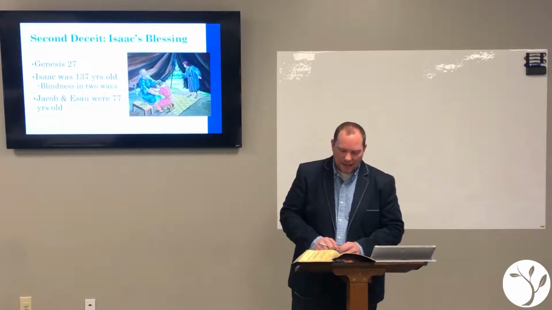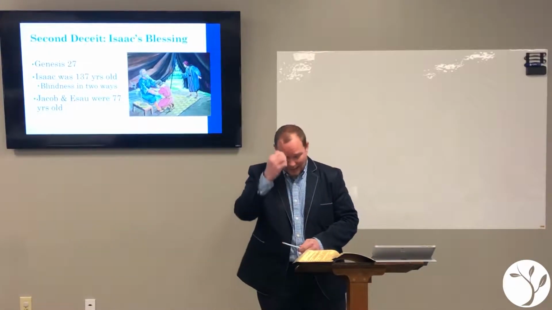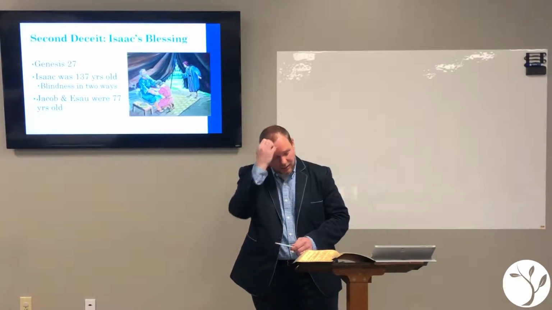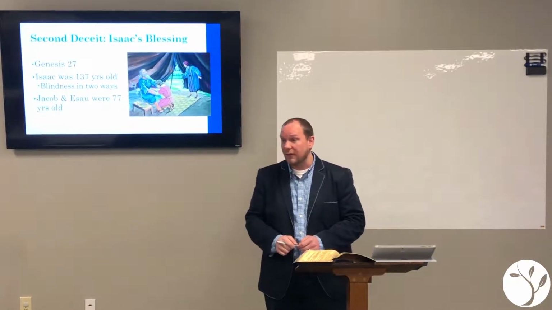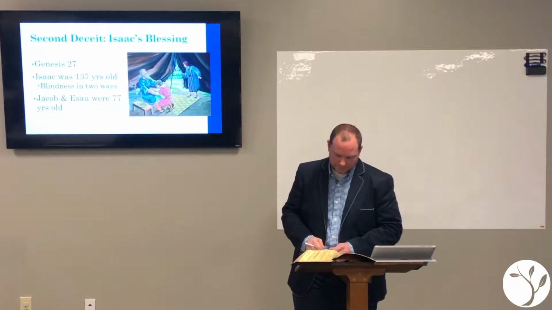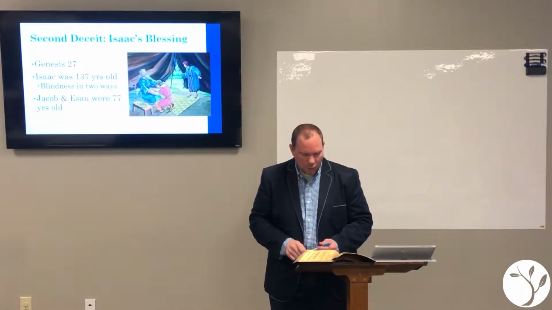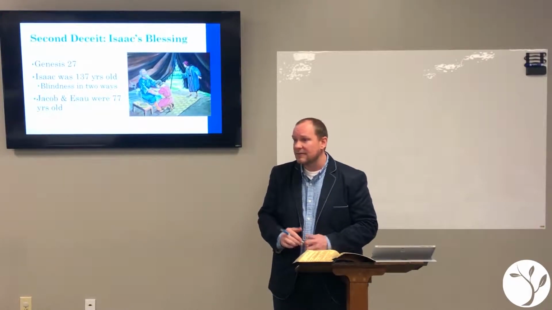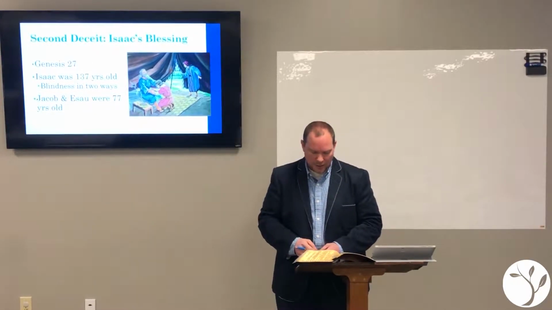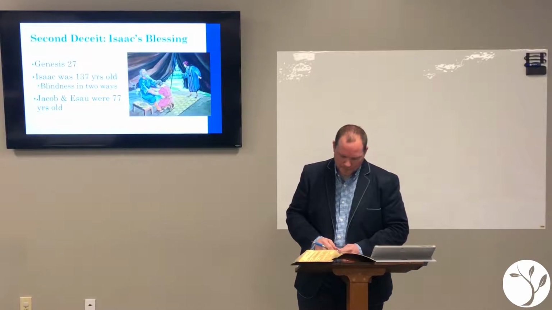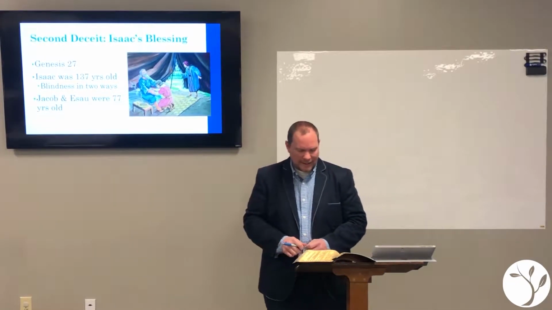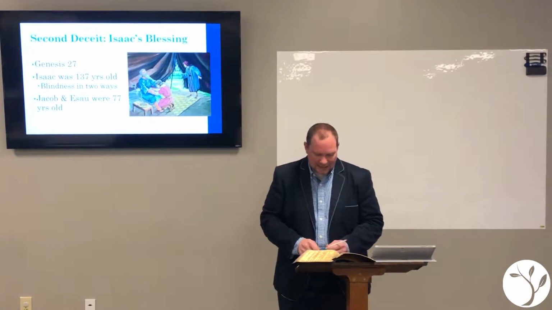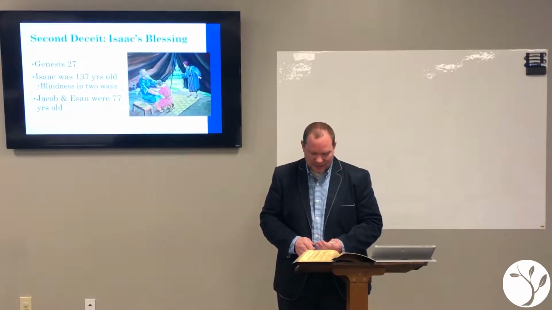Isaac ate, and then from 26 on through 29, Isaac makes his blessing to Jacob, the blessing that should have gone to the firstborn Esau. All right, so Isaac blesses Jacob and gives that firstborn son blessing to the secondborn. And then, starting down in verse 30, as soon as Isaac had finished blessing Jacob,